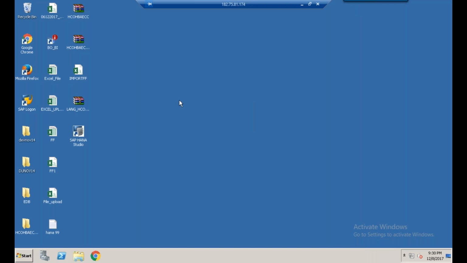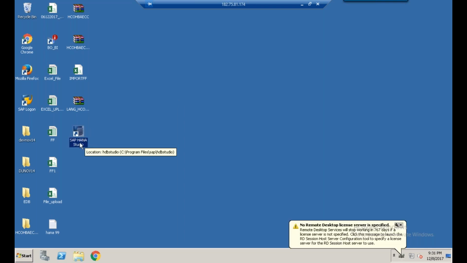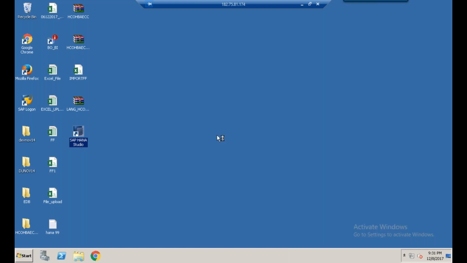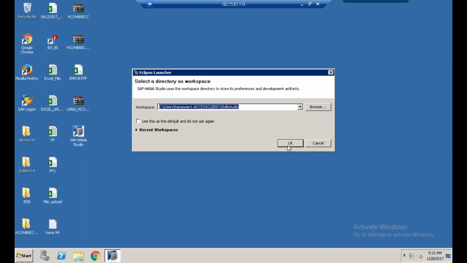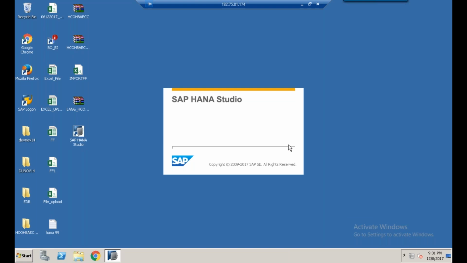So we log into the remote desktop. Once we are in, how do participants access HANA, S4 HANA using HANA Studio? What is HANA Studio? HANA Studio is the user interface to log into the HANA system. Double click on HANA Studio, and once it opens, click OK. Now you can see